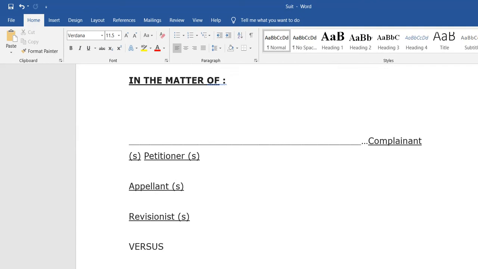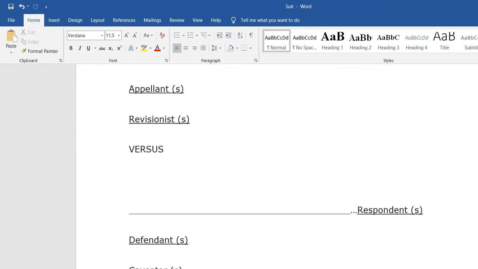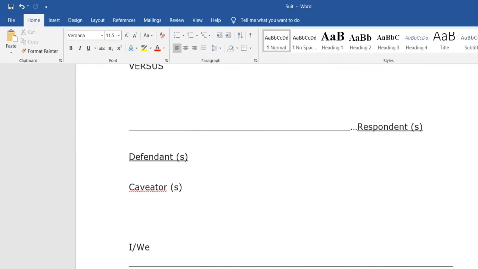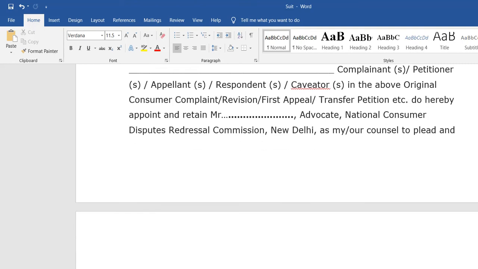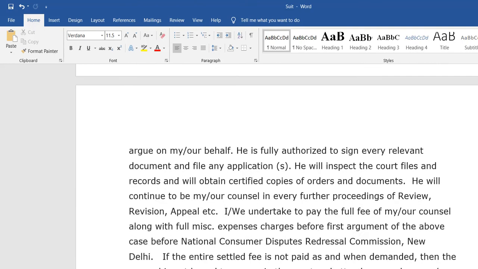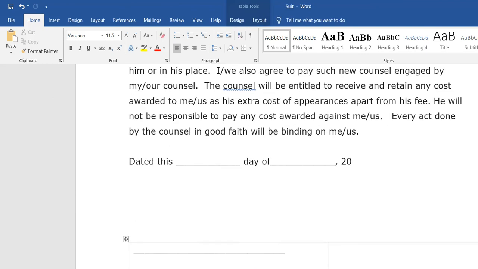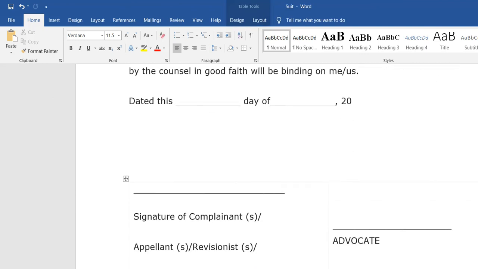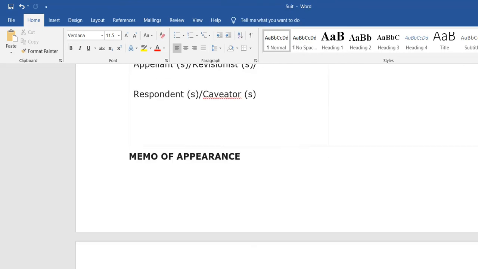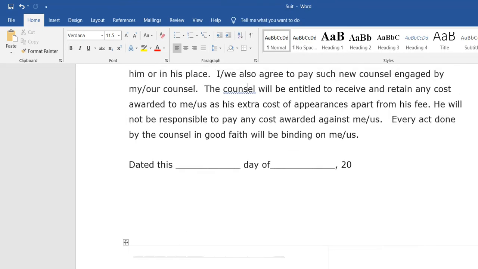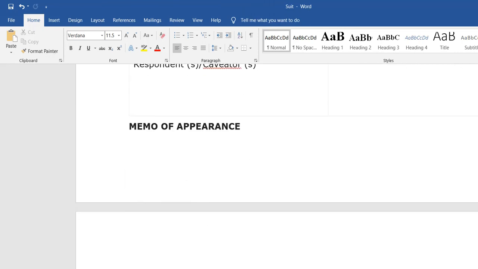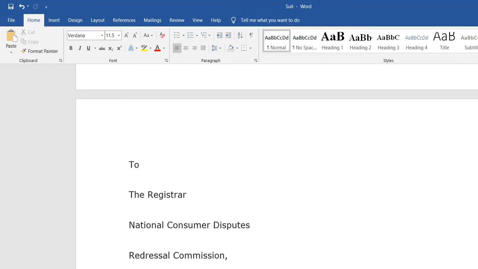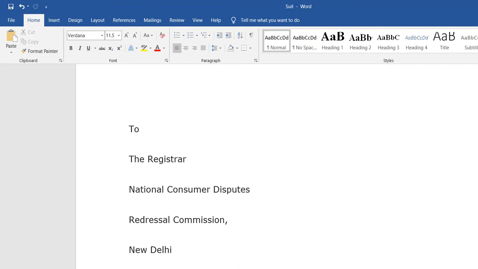In the matter of petitioner versus defendant, also the complaint status, who has created it, and who the lawyer is. Here you can see the date and signature of the complainant, advocate, and who is the creator of the caveat petition, and a memo of appearance. You have to add the memo of appearance to the register.